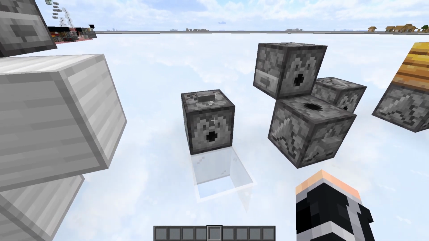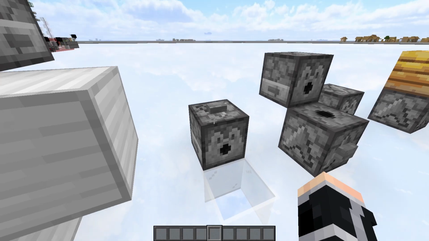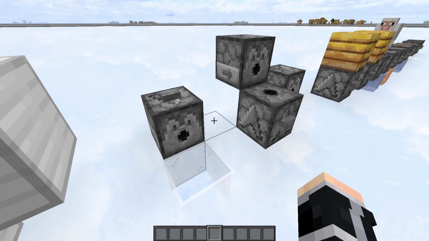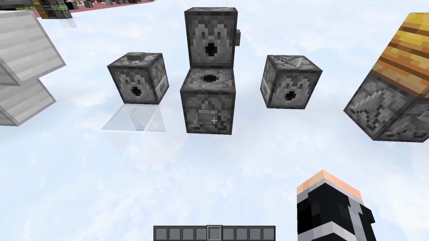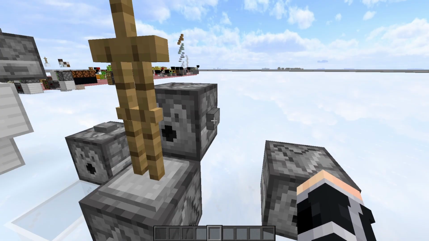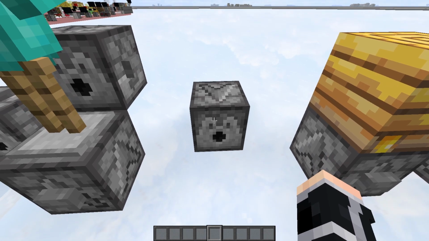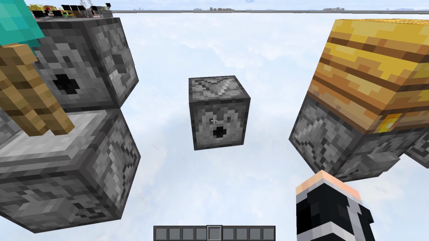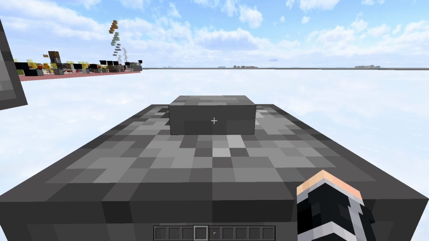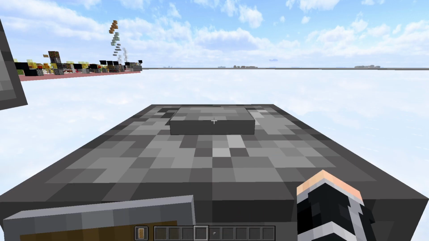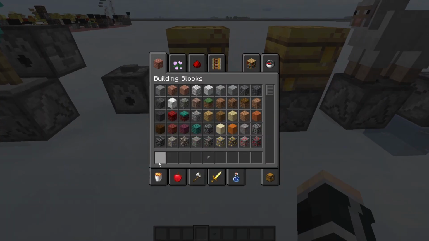You can use the dispenser in creative to spawn a mob, but now I'm peaceful. Or you can use it to spawn an armor stand or to equip armor on the armor stand. I can use the dispenser for placing my second hand on a shield, or I can use